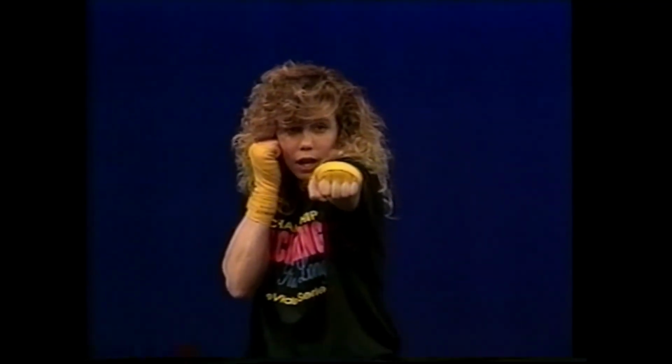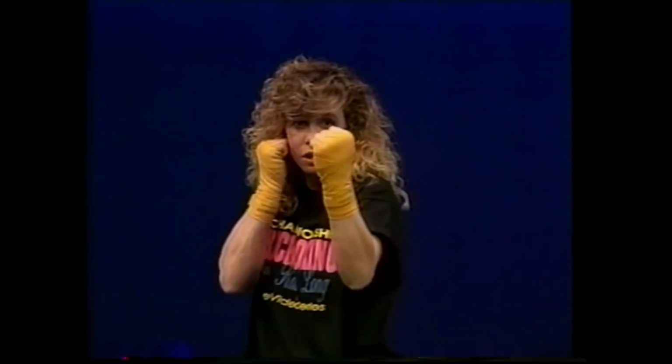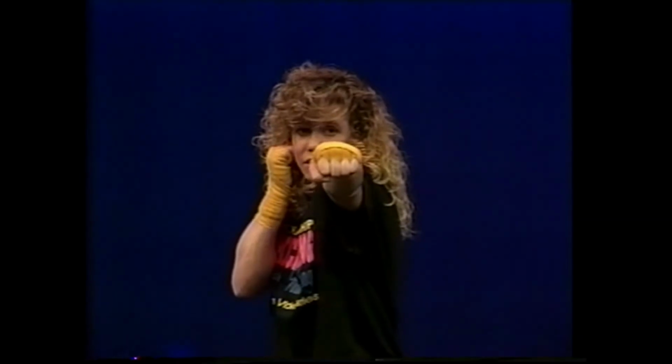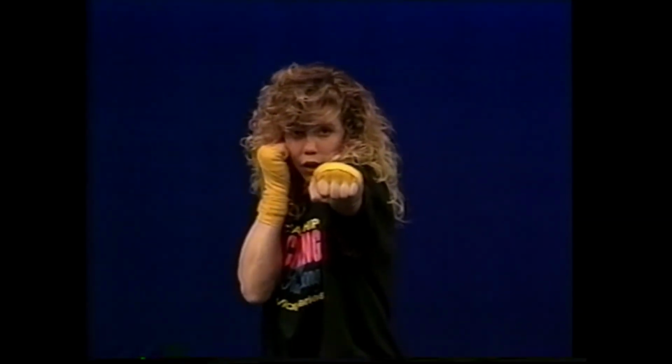And once again, your knees are bent, your right foot is up on the ball, and you're looking straight ahead. Once again, that's your jab. As it comes out and straight back, the elbow doesn't come out at all. That's later for the hook. Jab comes straight out, turns at the last second. Your chin should be tucked into your shoulder, your hand up in a good arm guard position, guarding your face,